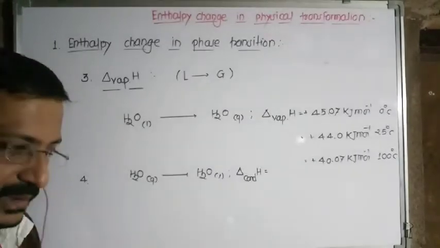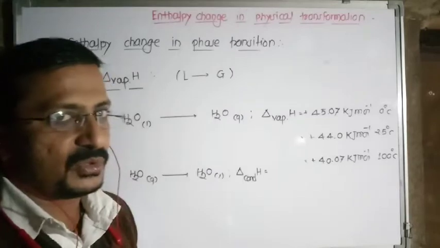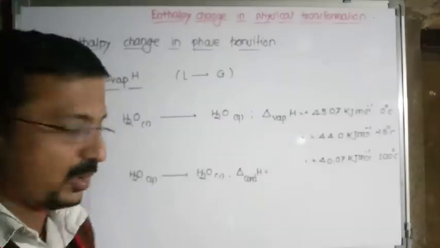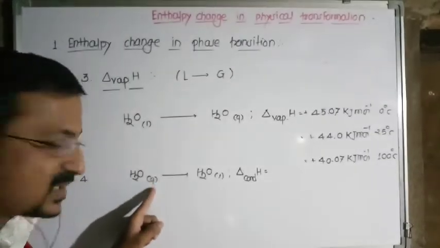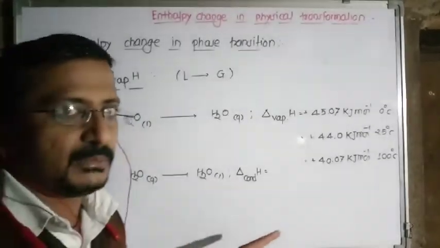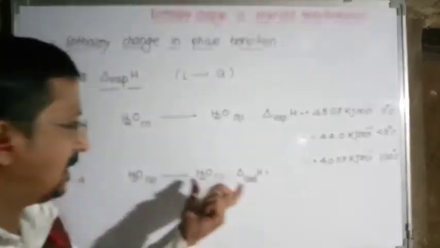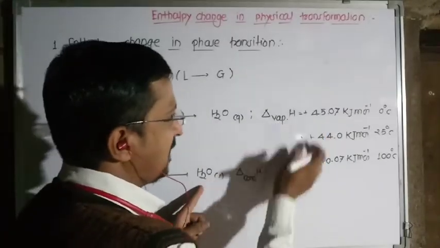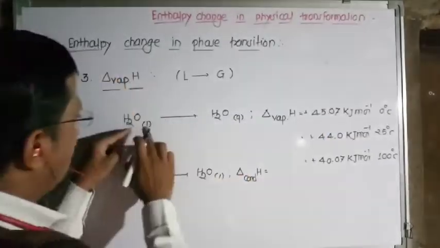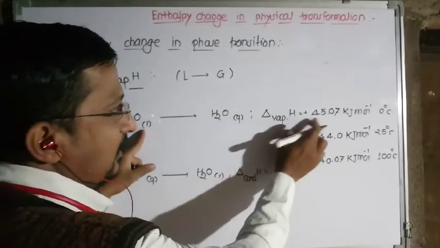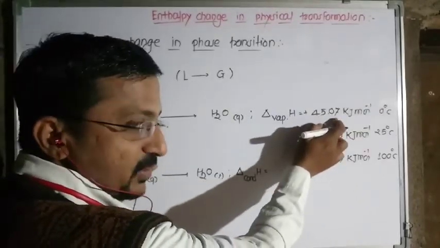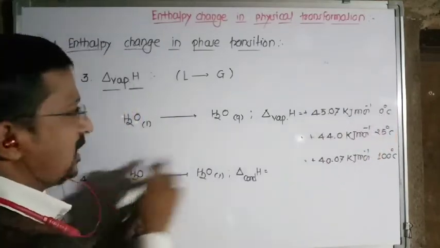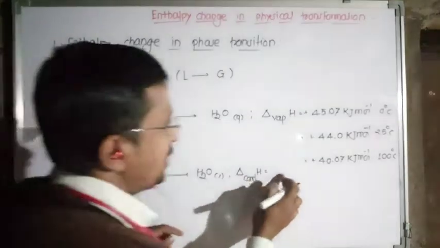A similar definition is there. The enthalpy change of condensation is nothing but the enthalpy change accompanying the conversion of 1 mole of gaseous substance into its liquid state at constant temperature without change in pressure. Actually, these values are opposite in sign to that of vaporization. If from liquid to gas the enthalpy of vaporization at 0 degrees Celsius is plus 45.07, then from gas to liquid at the same temperature, the same amount, it should be opposite in sign only. So it is at 0 degrees Celsius, minus